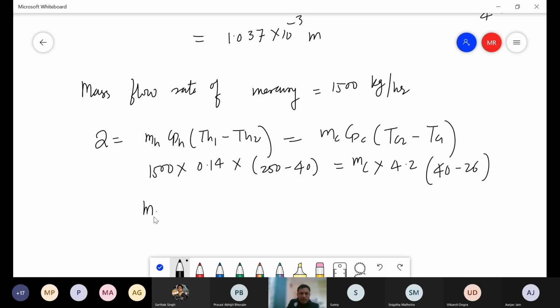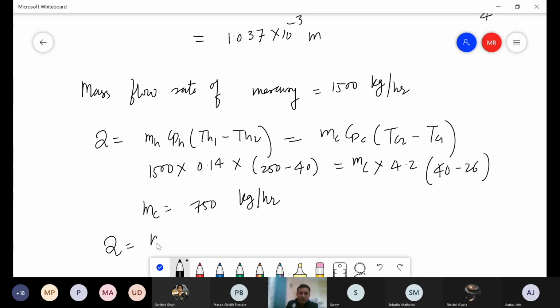So MC comes out to be, anyone? 750 kg per hour. And also you can calculate the value of Q, the amount of heat transfer between cold and